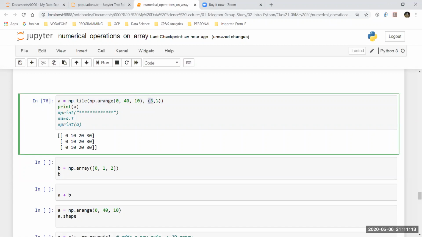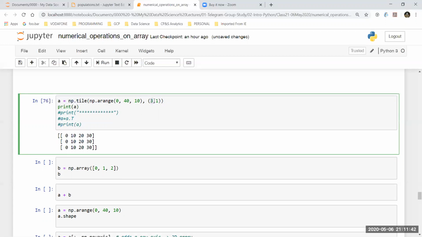Right, how is this 3 comma 1 to be read is that you have a spread of all the elements across the rows, right? So this is the max shape that it can take. So if this is the max shape of 3 cross 1, there will be 4 columns because I have divided 0 to 40 with an equal range of 10. In that case, I am going to have 4 items, 0, 10, 20, and 30.